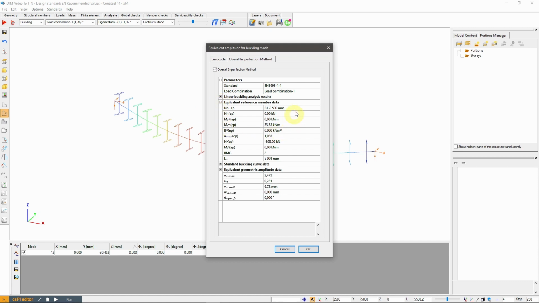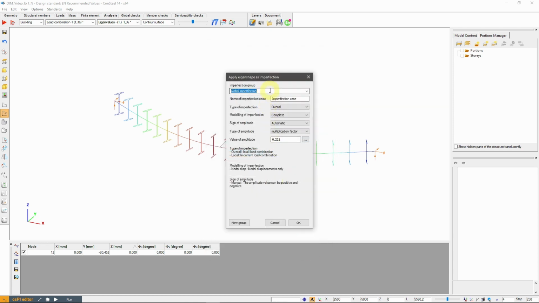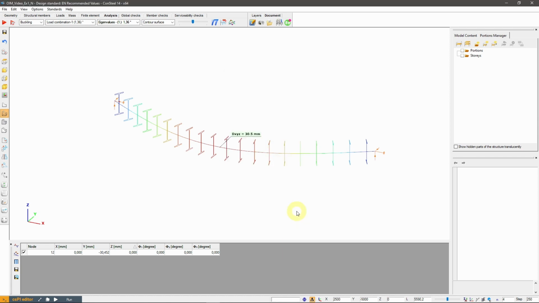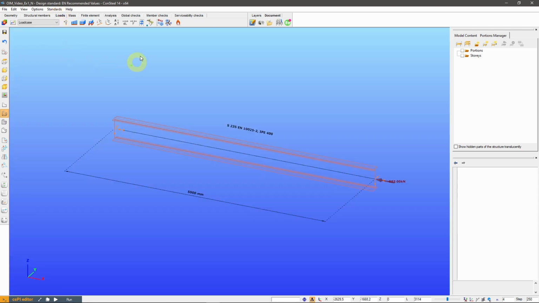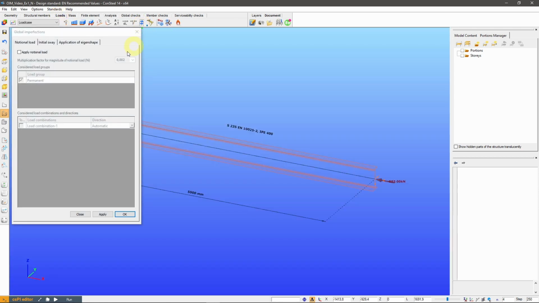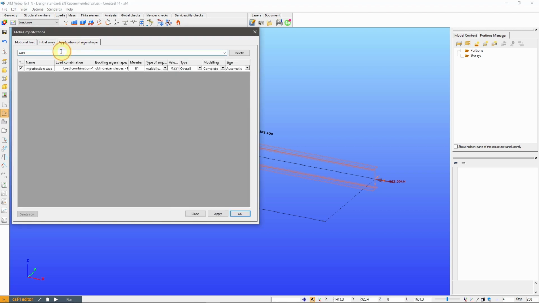In the OIM details, we can find the location of the equivalent point, the buckling mode class, the equivalent length, and the amplitude scale factor before we can get the actual amplitude for the buckling shape in millimeters. Note that it is buckling mode class 2, which means weak axis flexural buckling. Let's apply this one. If we now go back to the Loads tab and open the imperfections, we can find our imperfection case with the amplitude scale factor.